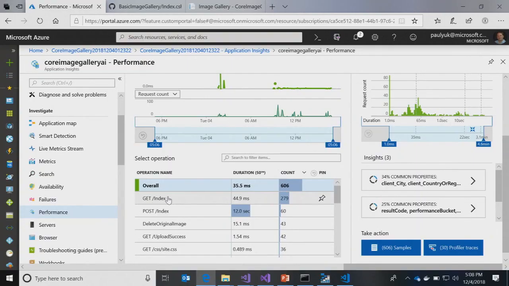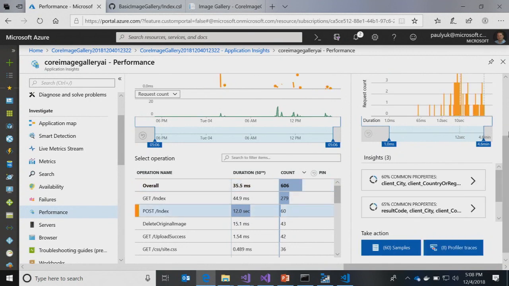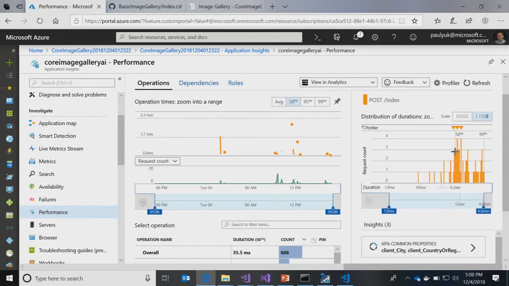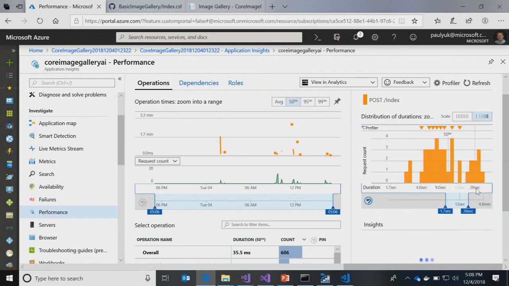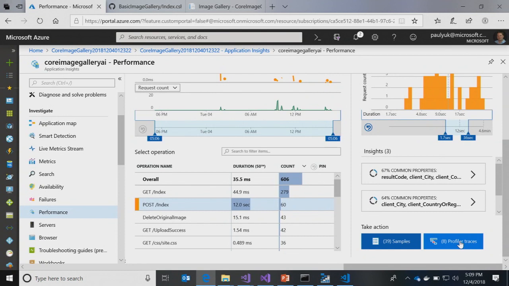So just to keep noodling on this, the GET is like viewing the home page. The POST is the upload. Is that how I think about it? Yep, POST is upload. Okay, cool. And if we look at that, we see this distribution. We had kind of agreed, let's focus on what the mainstream customers are seeing. And see all these triangles? This says that not only did we measure those requests, but we actually got profiles. And the profile gives us that deep level analysis.